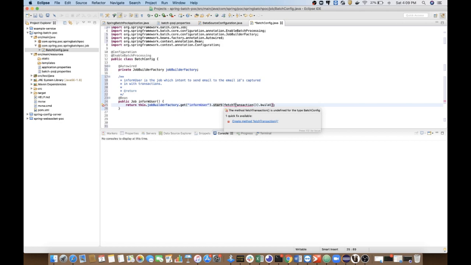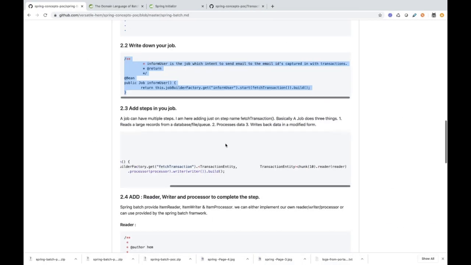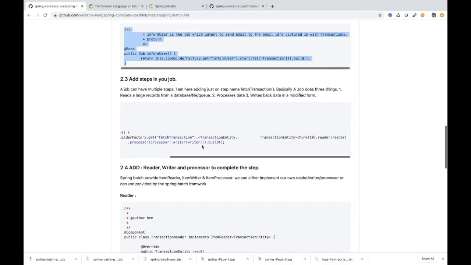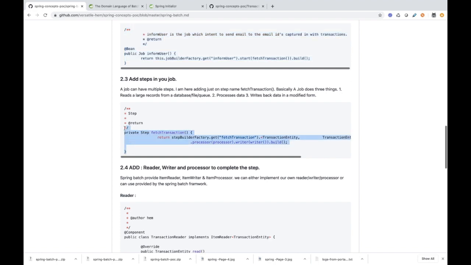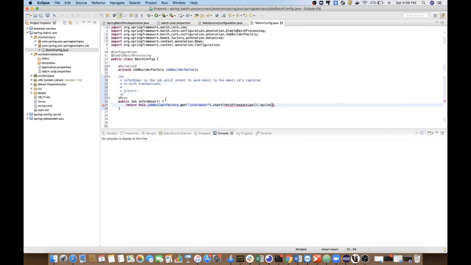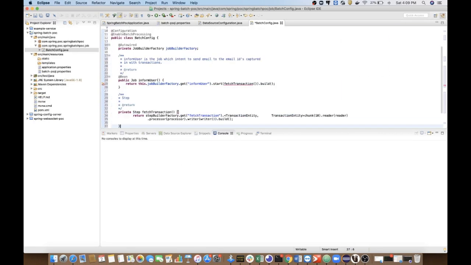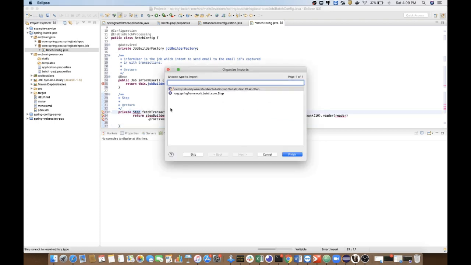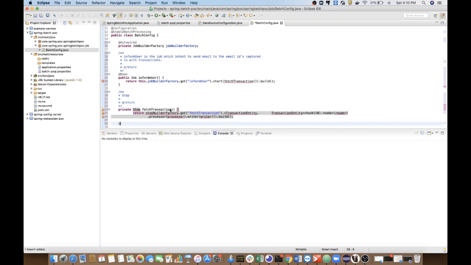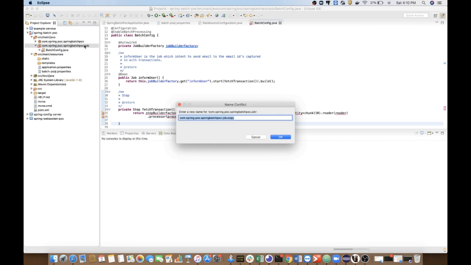Okay, so we will create a step here. This is again the 2.3 portion. So here it is, step. We need to understand the concept, so I'm not taking so much time writing down every class.